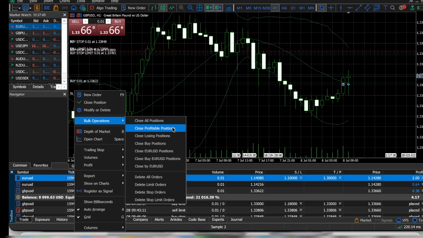To wrap things up, always remember to keep a close watch on your trades even after closing your profitable ones. Market conditions can change rapidly, and staying informed is crucial. Whether you are a novice or a seasoned trader, refining your strategy and using tools like these can lead to